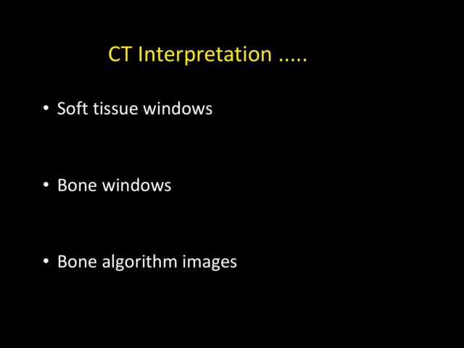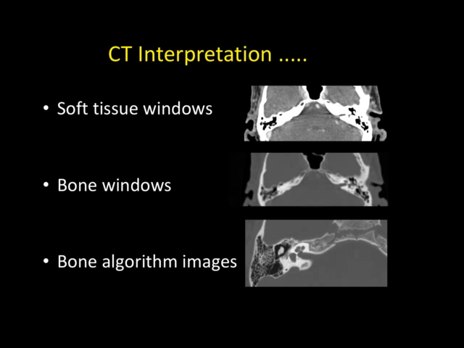Again, you guys are very well versed that there are 3 windows to be used: soft tissue, bone window, and bone algorithm. This is how they look, but remember, always and always try to reformat. Try to look for subtle erosions. Reformat in the bone algorithm. Have a superficial look that you're not missing any erosion or any canal involvement or any destruction of the